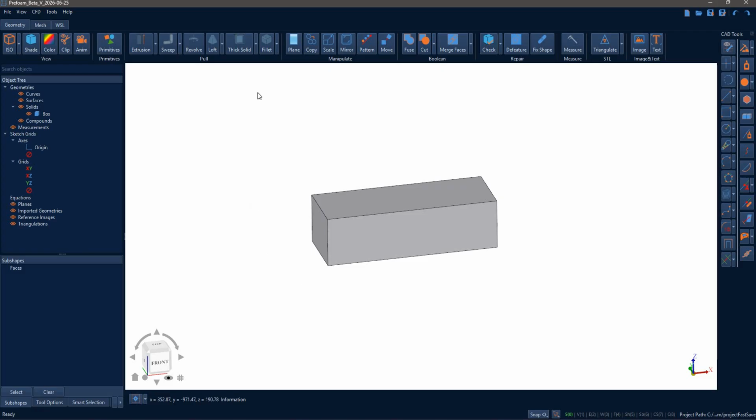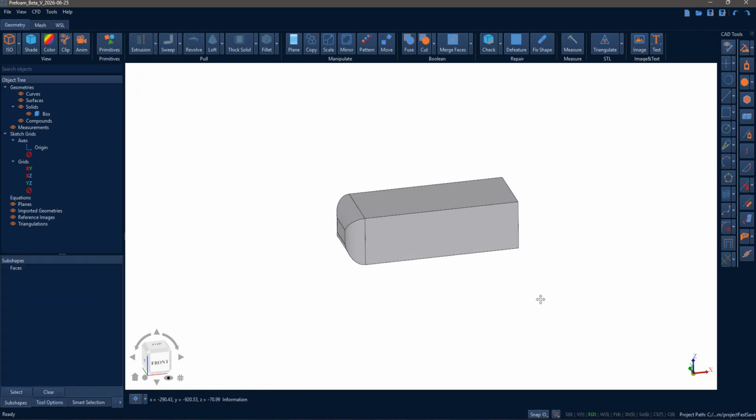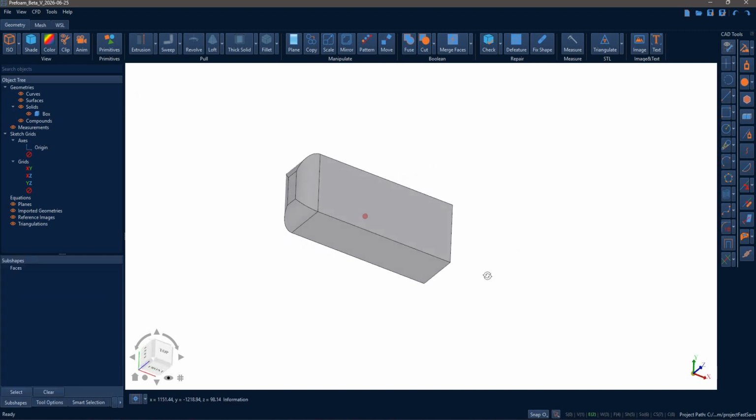And hereafter we will create the front section by creating a fillet, and then selecting the front edges, and then the radius is like 100, hitting apply, and then